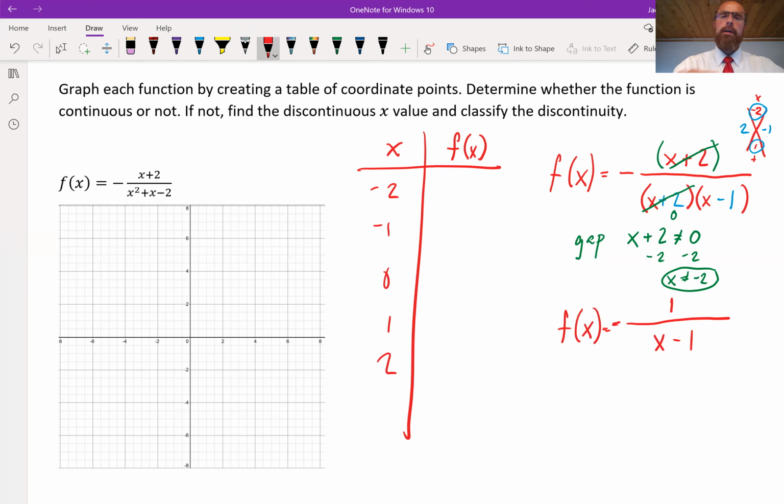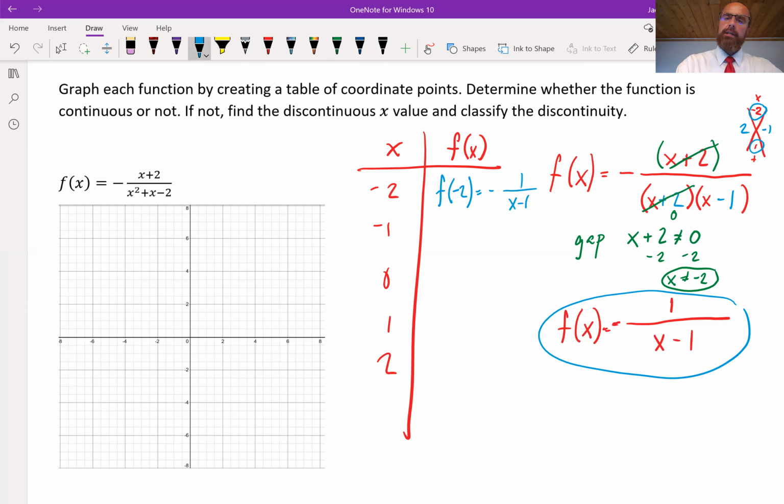Again, we choose those values very frequently because they center our domain around the origin. And let's calculate these outputs. So I'm going to calculate f at -2. So I'm just going to take that -2 in this simplified version. I'm going to plug it in for x. So it's 1 over x minus 1,